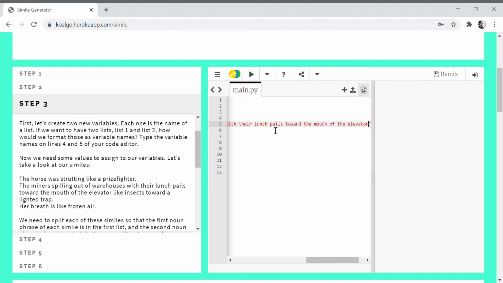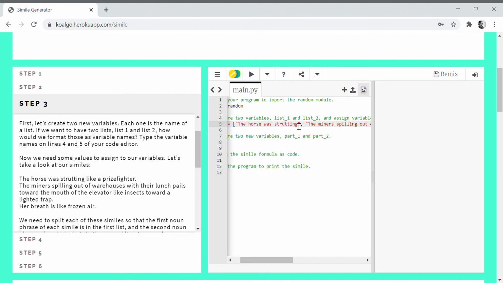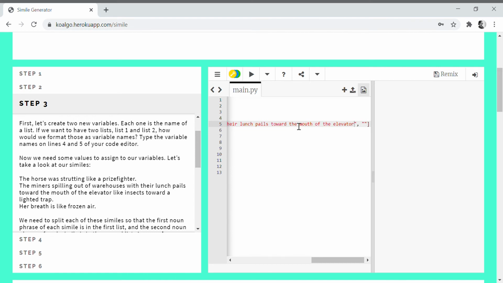And I really like this particular simile. It is kind of long, but when you're doing these projects with your students, you can actually have them use whatever similes you want them to use, okay? So you can definitely have them use the ones that I have here, but if you're reading a book and there's similes in the book, just have them use those similes, right? Have them examine the text that they're reading and use those here instead. So that is definitely an option. Okay, so we have that, and then we need the first part of the third simile, which is her breath is.